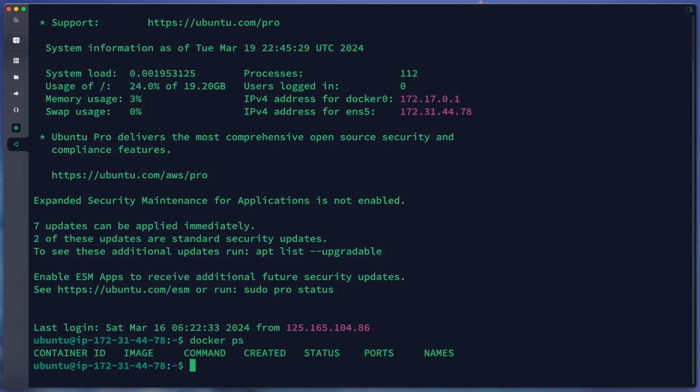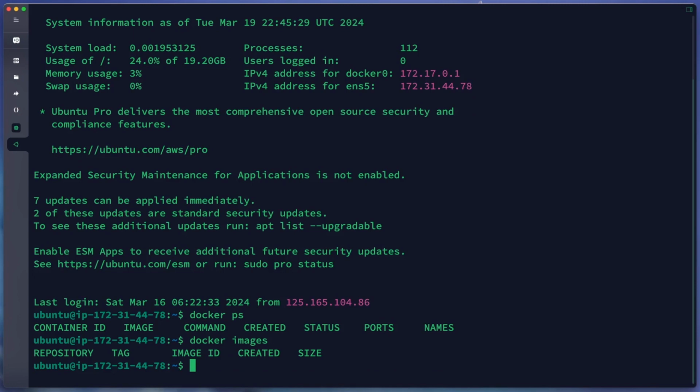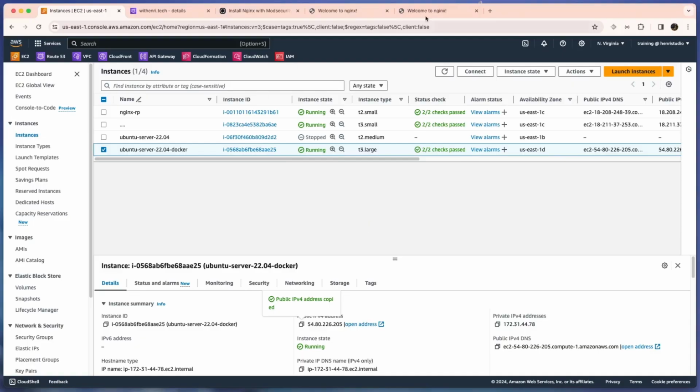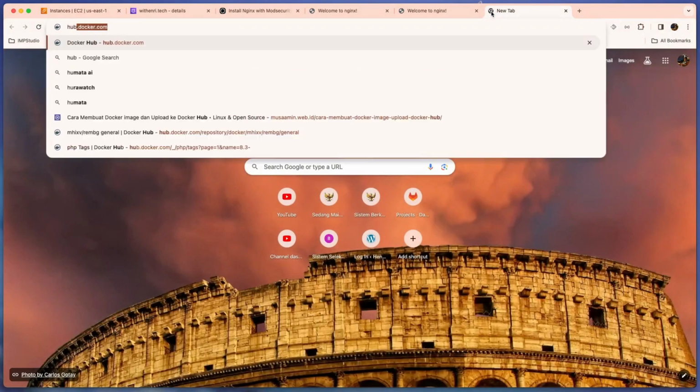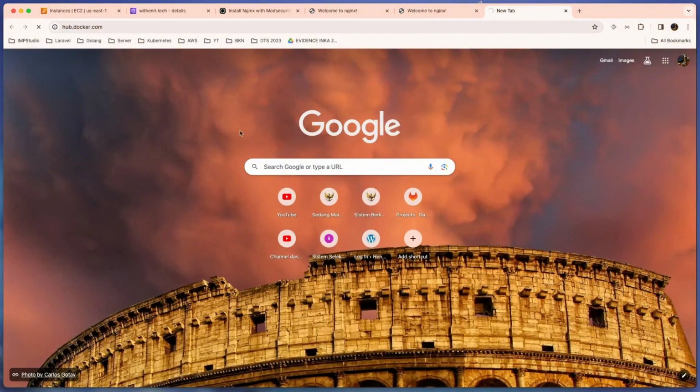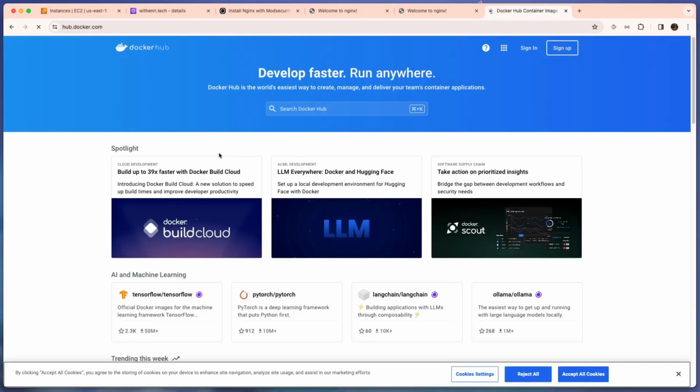Docker PS. We have no container running. We check our images. There is no image also. Now we will pull our Docker image from Docker Hub. First we go to Docker Hub.